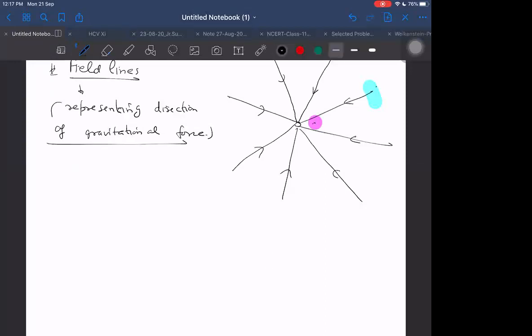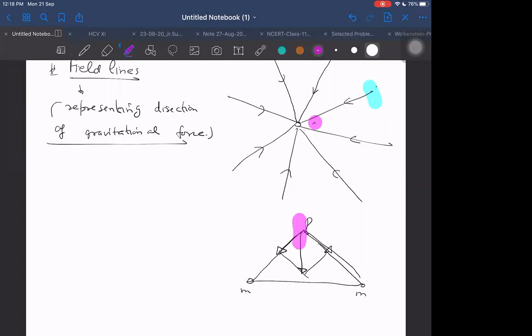If I have two masses here, one mass here and another mass here, and I ask you what is the direction of force acting on a mass at this point, then I think you know that this will pull along its side and this will pull along its own side. So overall the field will come out in which direction? Downward direction. Then here the field line will definitely be this side, tangential to the line.